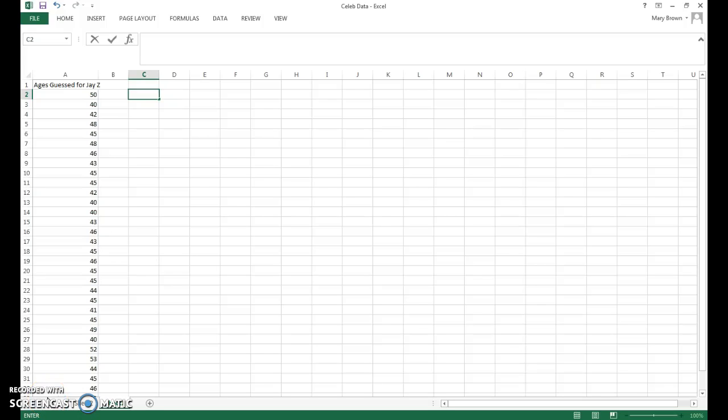I'm going to show you how to make a histogram using Excel. So I have my data in Excel. I have the ages guessed for JZ. You can see this. And the first thing I'm going to do when I'm making a histogram is I'm going